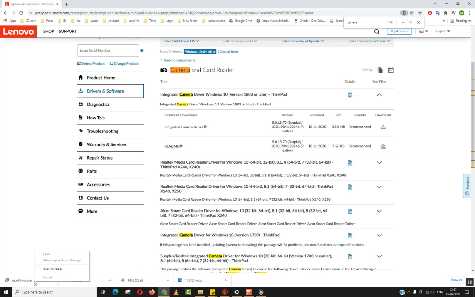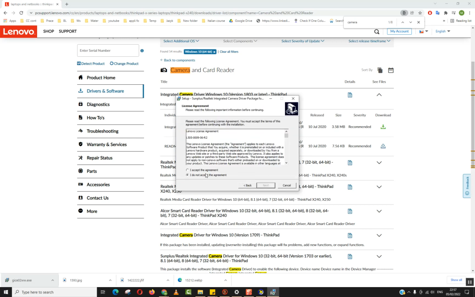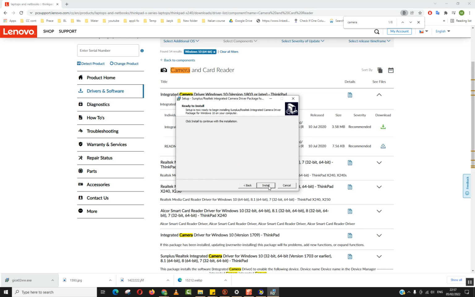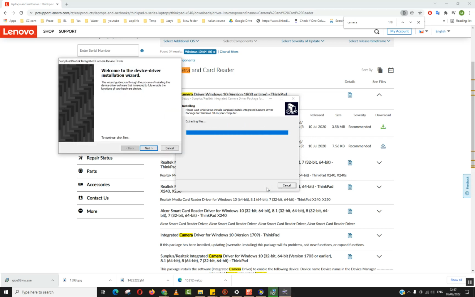Next step, I will double click on this driver to run the installation. Windows will ask you if you really want to allow this application to make changes to your computer, the standard message, and you can always click OK. The next step, we'll click next. I accept the agreement. I invite you to read the agreement. Install, next, next, and the installation should start. These are standard steps for most computers, so you can do the same. Again, next,